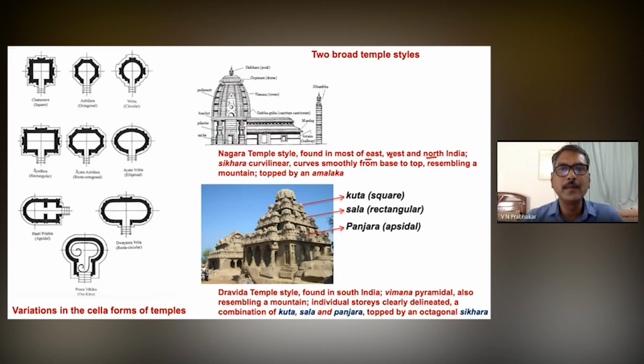We see here the Shikara as the superstructure. This is the gentle curve which we see in the Shikara. That is the most characteristic feature of a Nagara style of temple, which curves smoothly from the base to the top, and which also resembles a mountain. And it is always topped by an amlaka. Amlaka is a gooseberry, a fruit which has very high medicinal values, and ultimately they found the form suitable to place it here at the top.